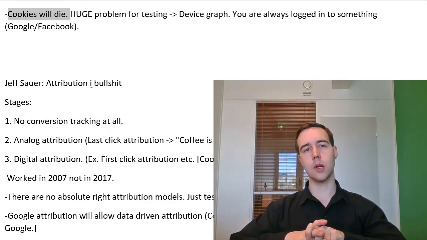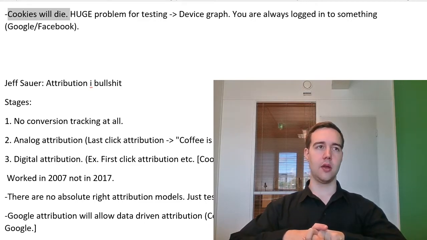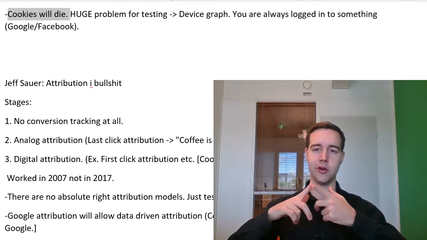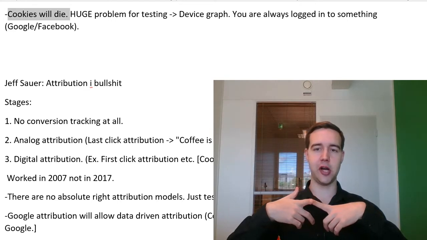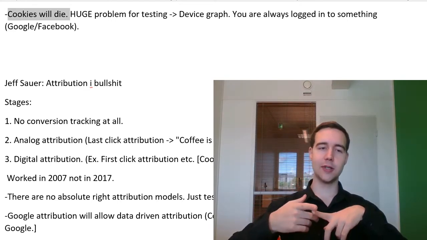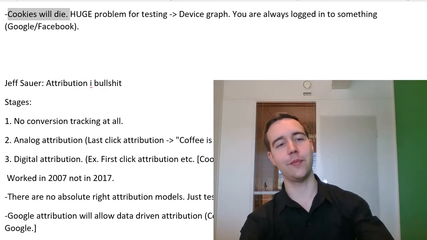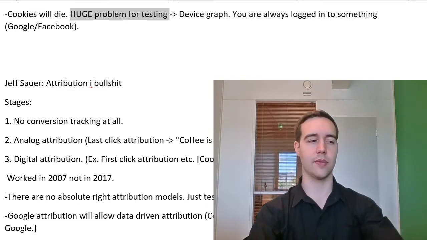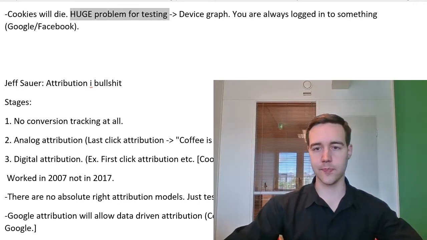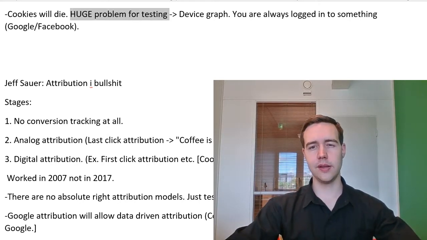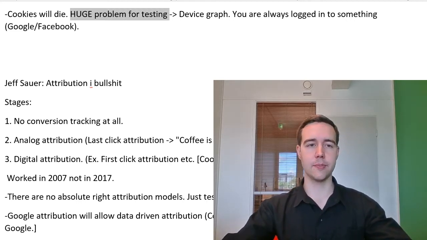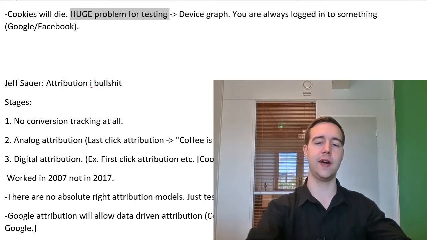So this has two things. You go back, you only see the variation, and you check out. They know that you were on the variation groups. But once cookies die, there's a big problem. And cookies are dying. There's a lot of browsers that are now eliminating cookies completely. So I think this is already in Safari, in Macs, etc. So this is coming. But there's a solution for this problem, and it's the so-called device graph.